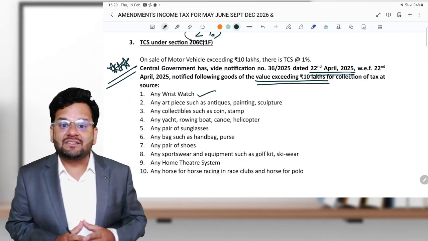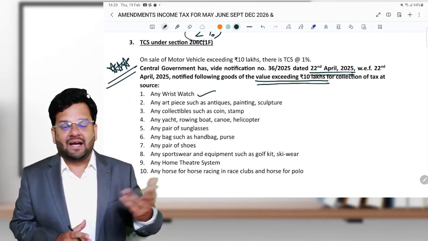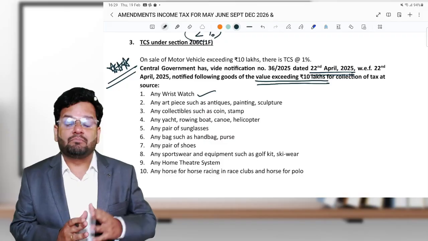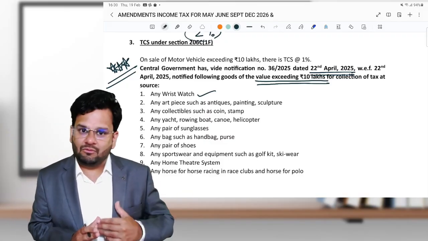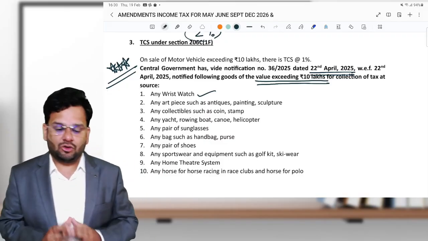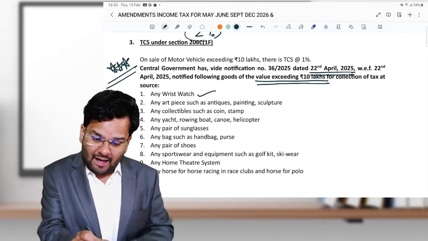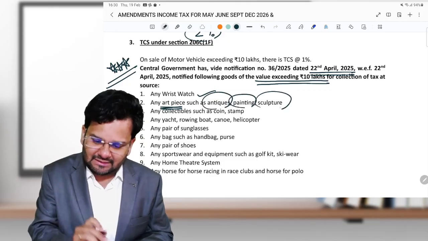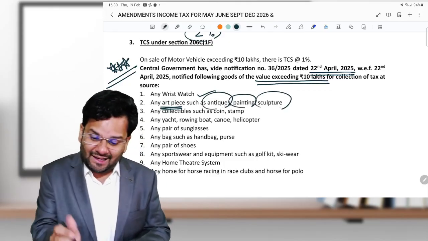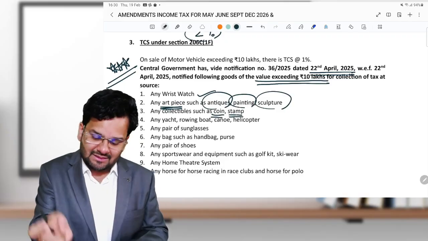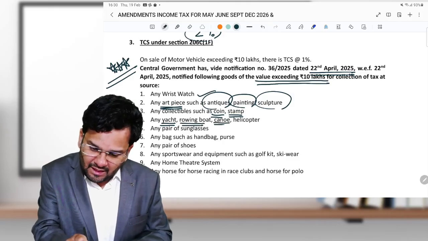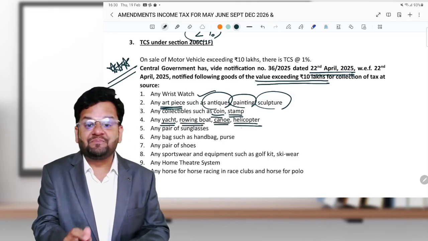Like the fancy ones you must have seen, Hardik Pandya and all wearing wristwatches, those Patek Philippe and expensive watches we are talking about. Then art pieces such as antiques, paintings, sculptures, collectibles such as coin, stamp, yacht, rowing boat, canoe, helicopter, all these